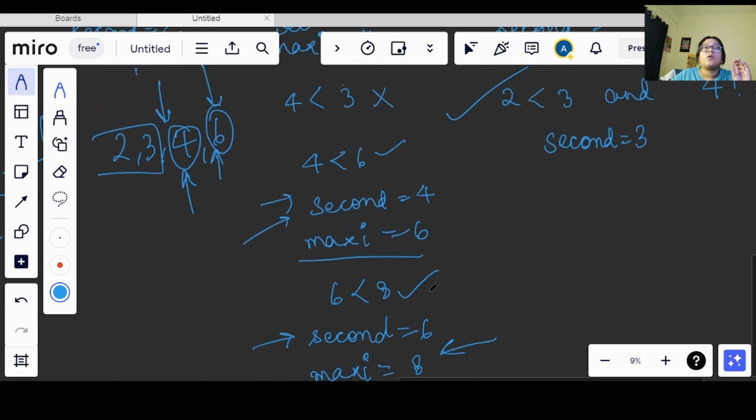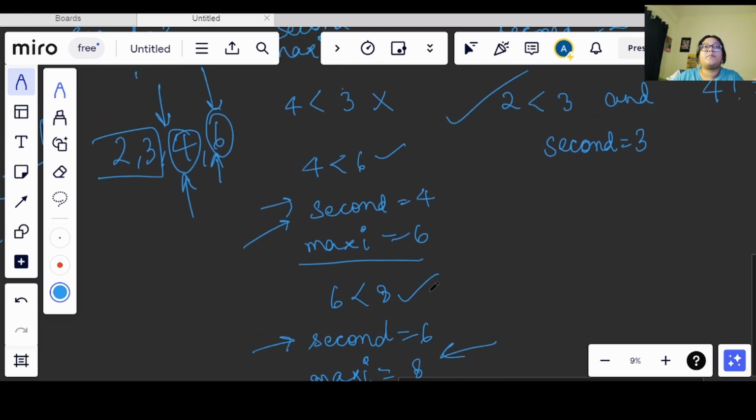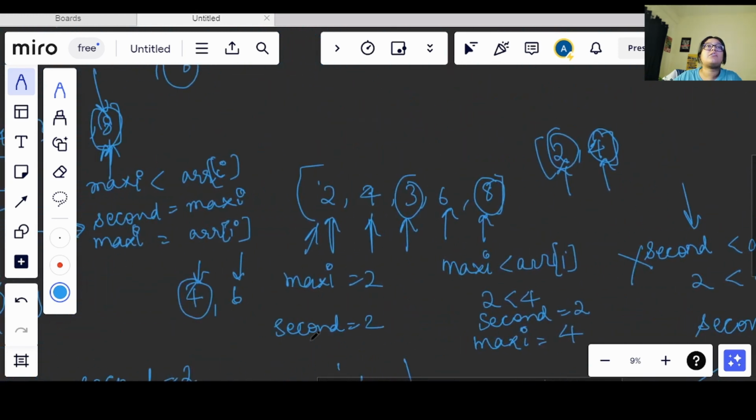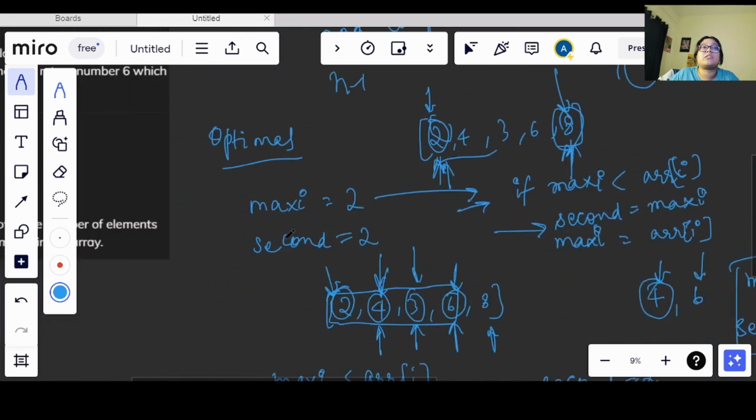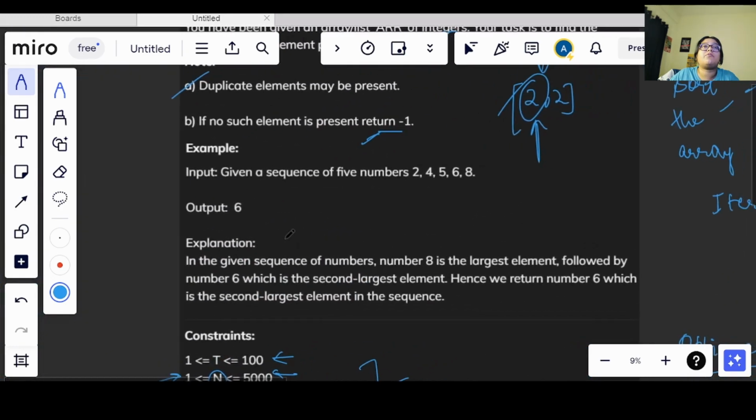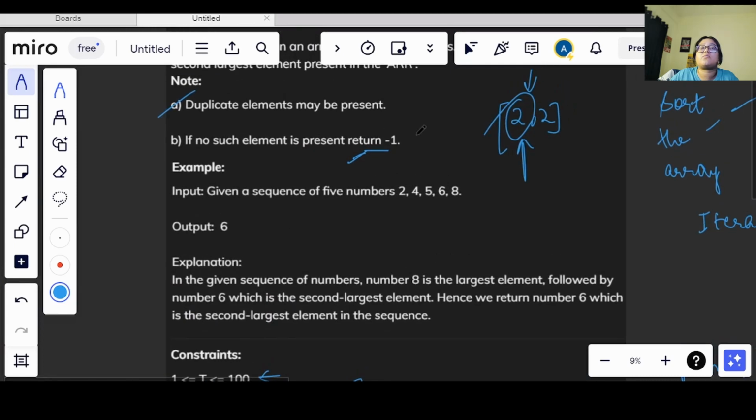Now we already have the values, right? And we need to return this second, okay? Now the thing is, I was initializing both these values with the array's zeroth value, right? Now we have been given the instruction in the question that if we do not find any value, we need to return -1.